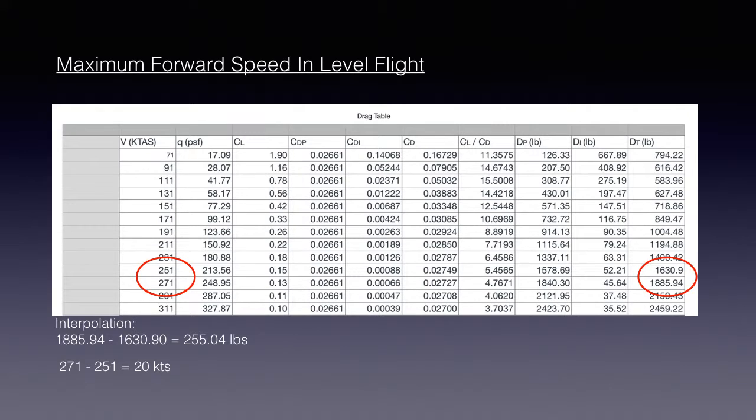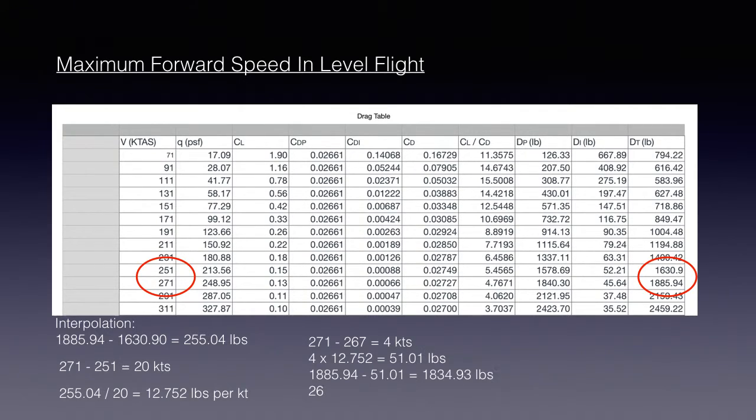Now, I know our drag curve is not completely, truly linear. It's a curve, but we're looking at such a short span here, I thought it would be appropriate to get us in the ballpark and see where we're at, just to double check the chart that we looked at earlier. So again, if we take the 255.04 and divide that by the 20 knots, we're basically close to 13 pounds per knot,